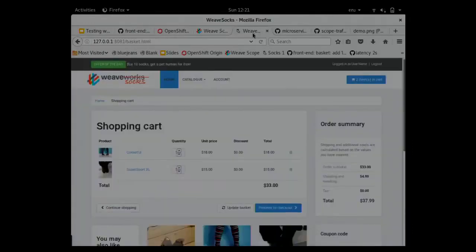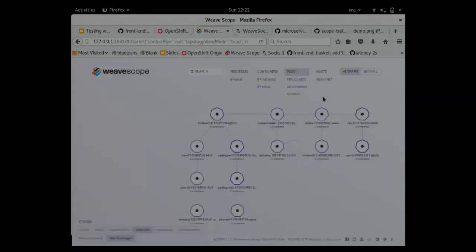For example, here I go to the cart to see what I have. I just refresh the page, but it looks fine. The items seem to appear pretty fast. So to be able to test that, we have developed a plugin for WeaveScope to be able to change the network settings to add some latency. And if I go, for example, to the catalog container,